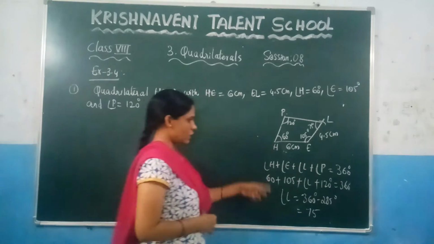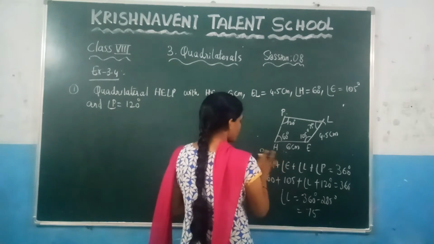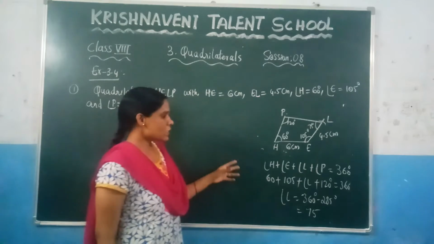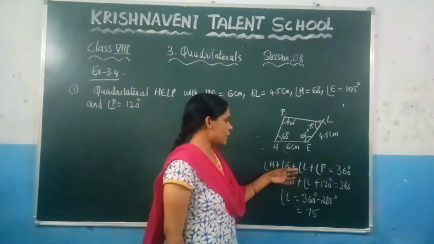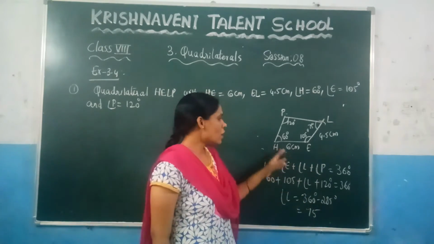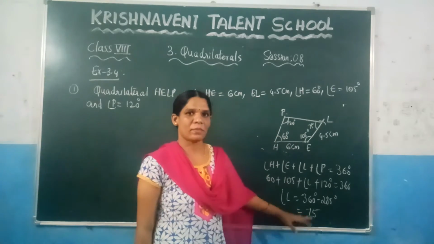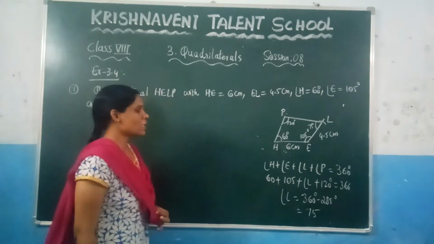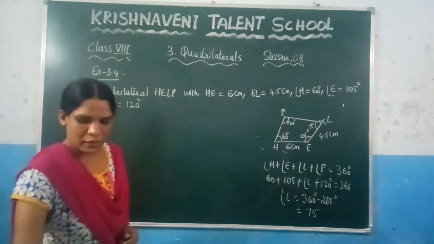So write this one here. Since the sum of the angles of a quadrilateral is 360, so you write it that one. Since the space is not sufficient, I am not writing. Write it. Since the sum of the angles of a quadrilateral is 360, so angle H plus angle E plus angle L plus angle B is equal to 360. So after substituting all these values, you can find the angle L, which is 75. Here we are taking the sum of the angles of a quadrilateral, which is 360. So here now based on this you can construct by taking the instruments.